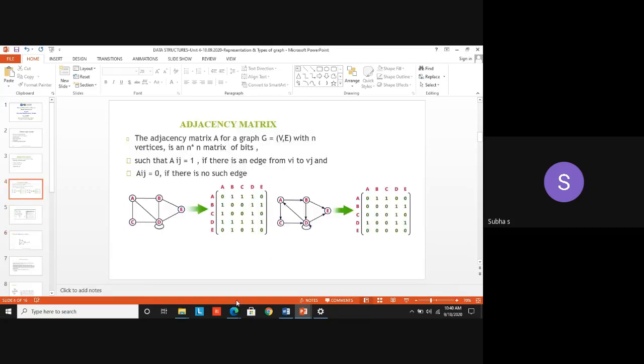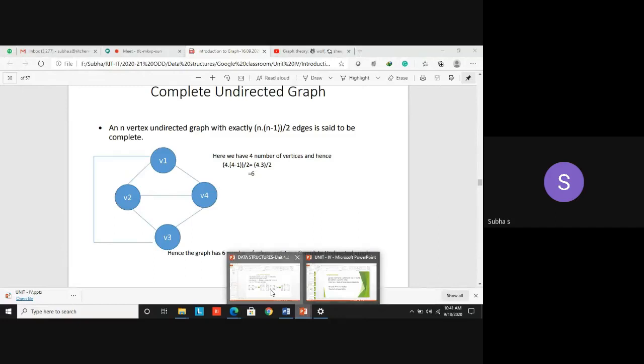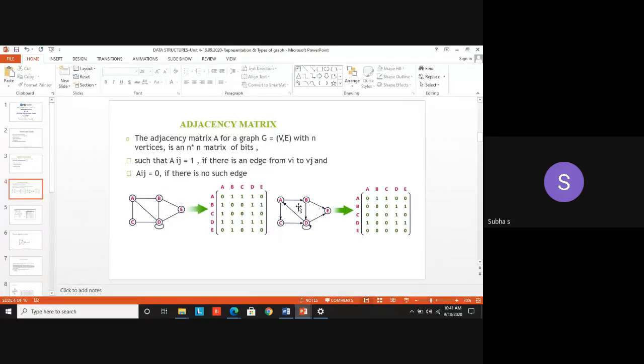Let me start with this itself, or we can go with a simple example. Yesterday I drew one simple example and I told you also. Yes, you are familiar with it. I drew four vertices and mentioned that the adjacency matrix is a 4 by 4 matrix. So now let's see this one. Here we have 5 vertices, so obviously you have to construct a 5 by 5 matrix.